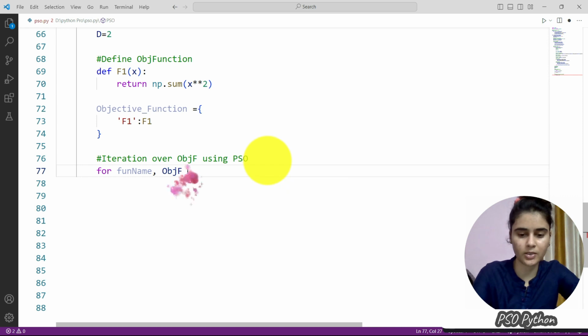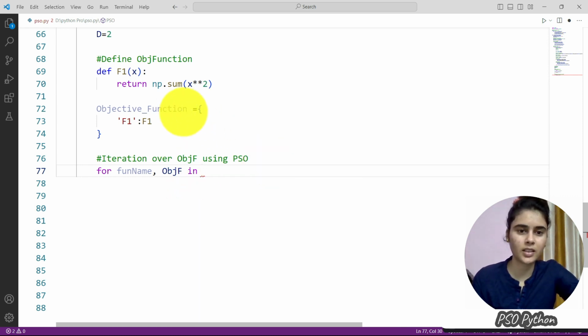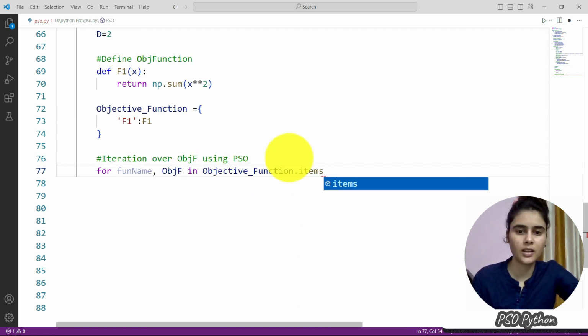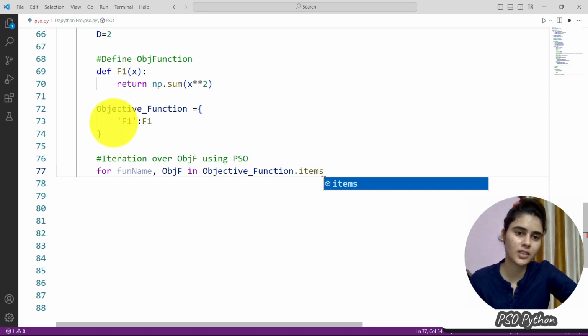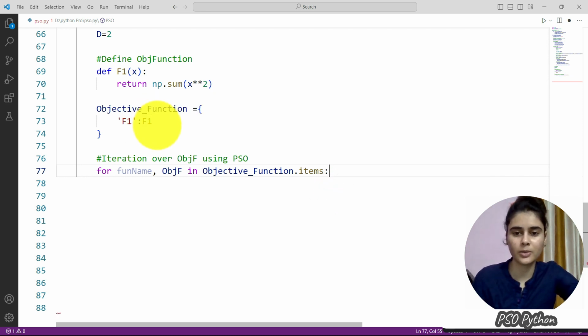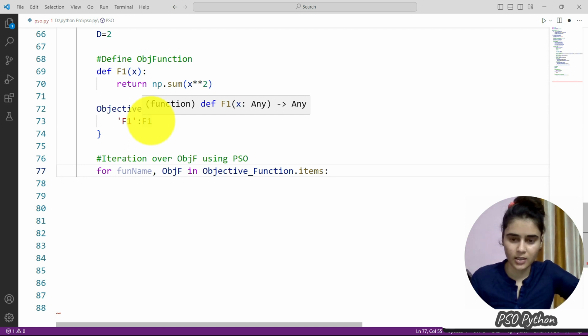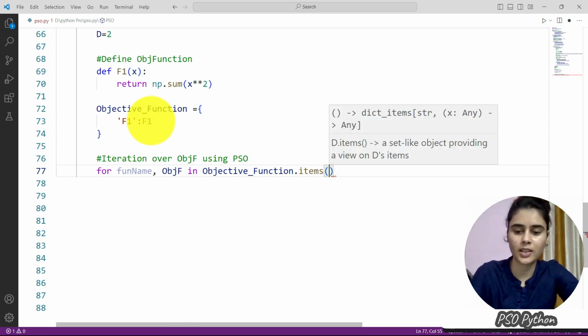We will apply the objective function that is in this objective function dictionary. Here we will access the objective functions that are given in this dictionary. Right now we have only one, so we will add more after this testing.